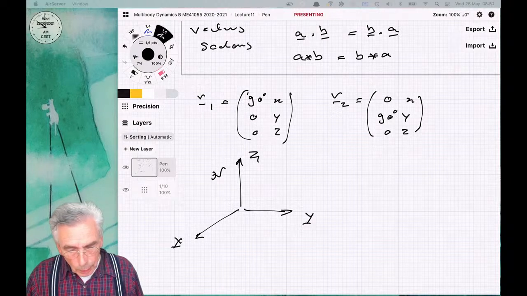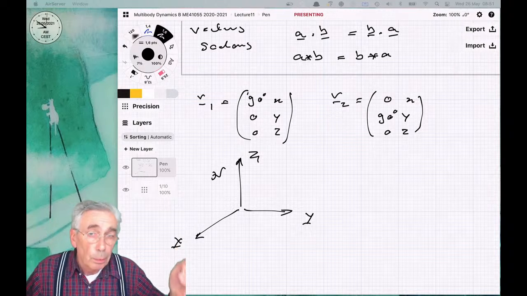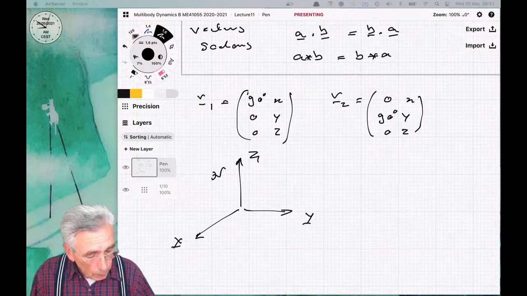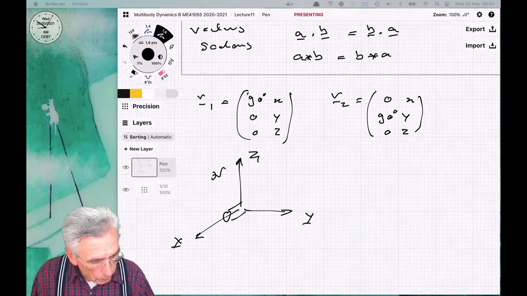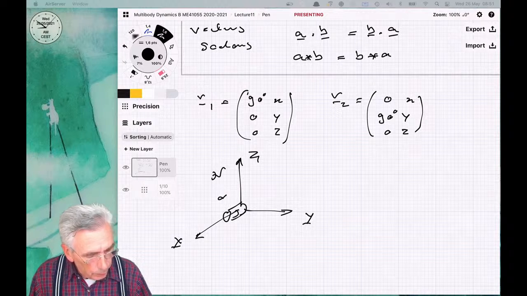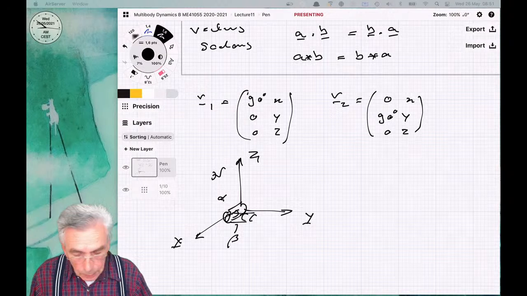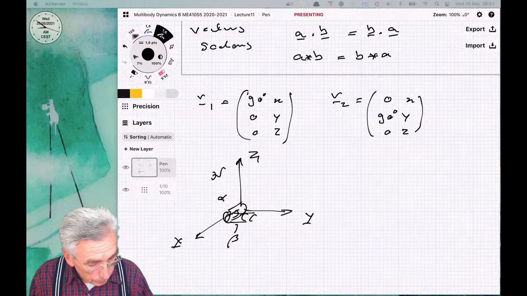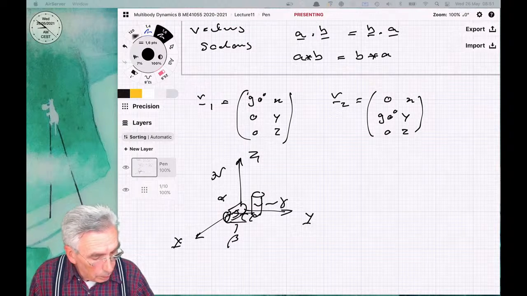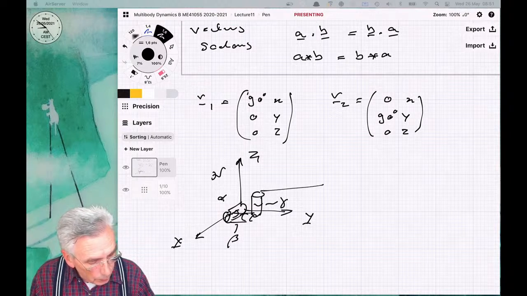Then in our set of Euler angles, we take one we call alpha around the x-axis, beta around the y-axis, and then, well, a smart mouse can guess it, right? Gamma around the z-axis, and then here we end up with our